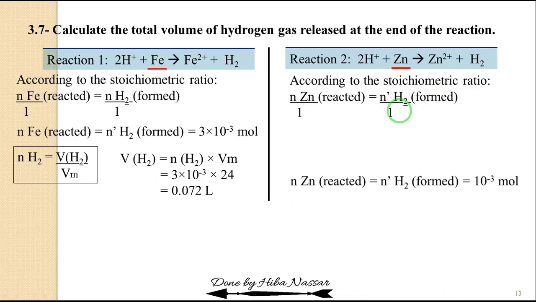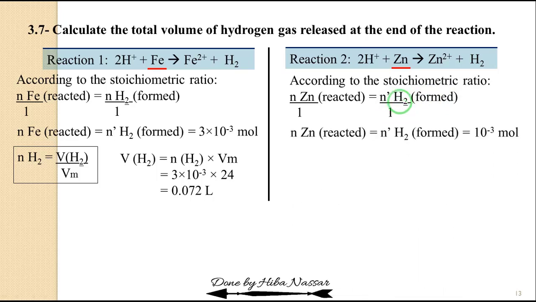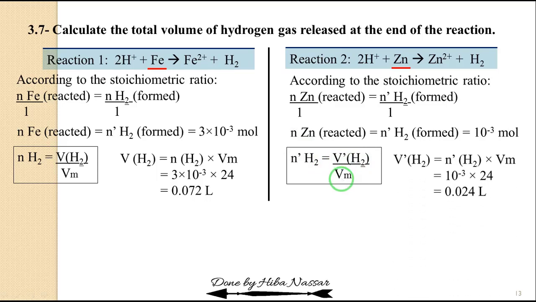So we can say that the number of mole for hydrogen gas is equal to 10 to the power minus 3 mole. The same relation, number of mole is equal to the volume for this gas divided by its molar volume. So you can deduce that the volume for hydrogen gas released from the second reaction is equal to 0.024